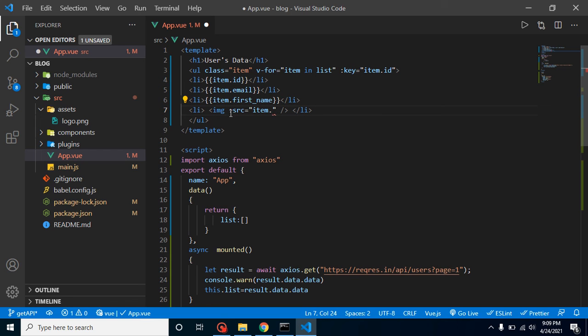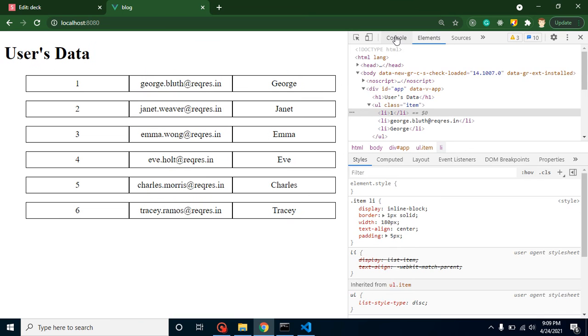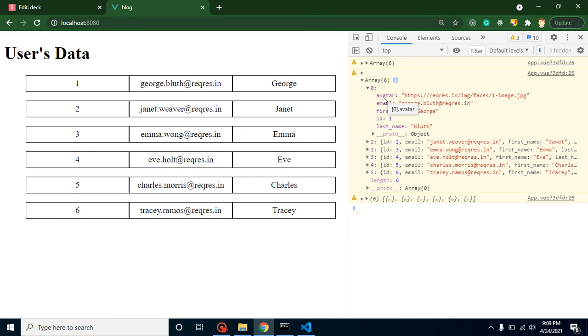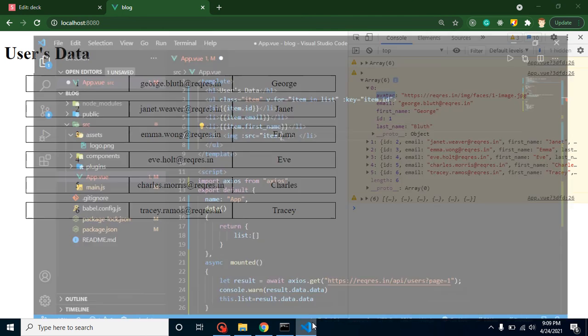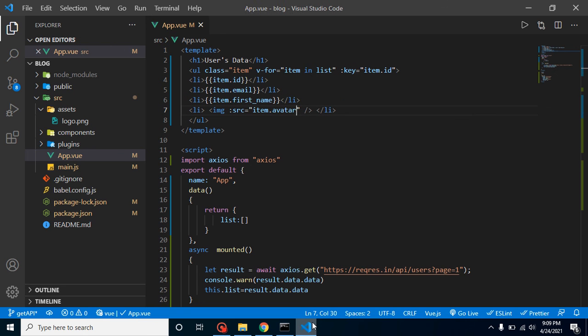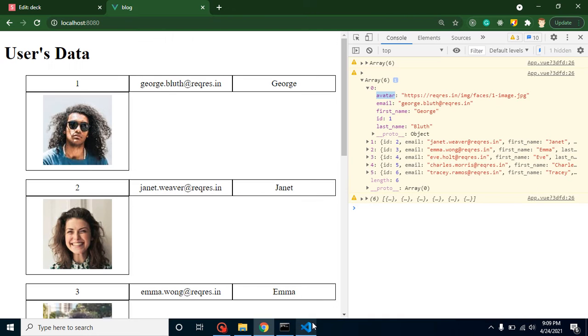Otherwise, if we are not using that one, it will be considered a string. So item dot avatar, I already showed you where we can get the path from. So we can use that one also, dot avatar. So now let's see how it's actually looking.